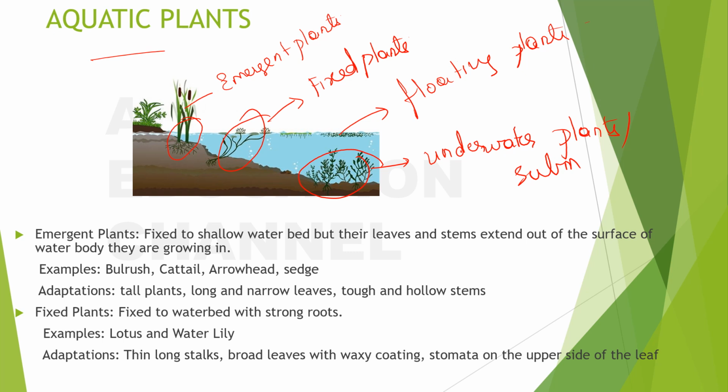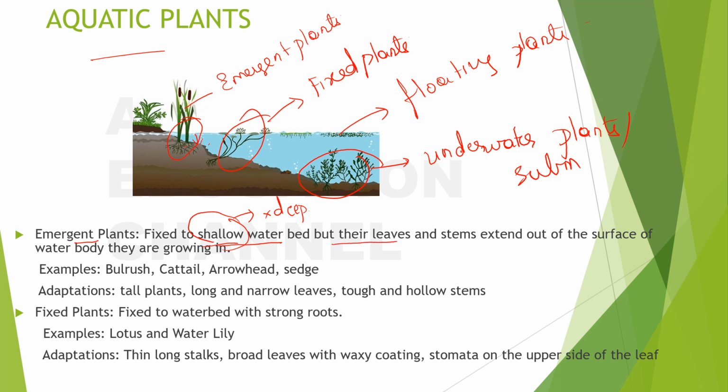Now let us see. Emergent plants are fixed to the shallow water bed. What is this? Shallow water bed. It's because it's not deep, right? When it is not deep, it is considered to be shallow. I think you kids can understand this by saying that shallow means the opposite of deep, okay. So if it is not to the depth, then it is called shallow. Fixed to shallow water bed